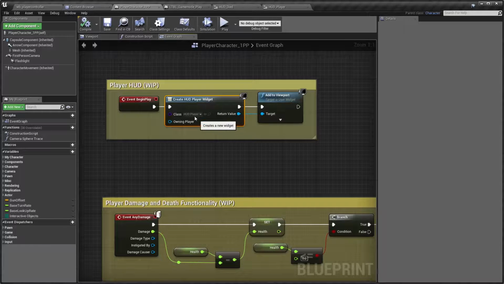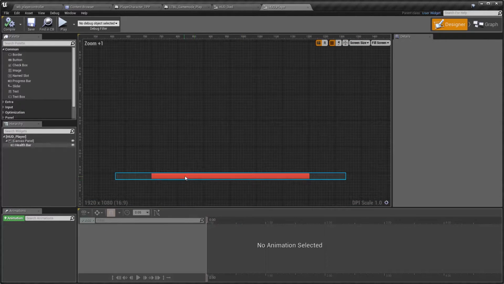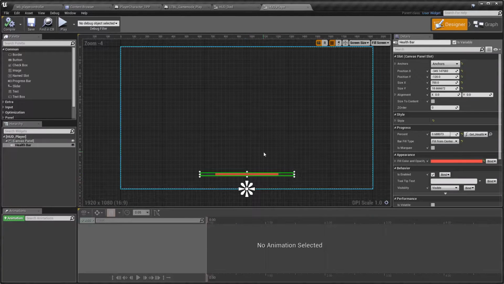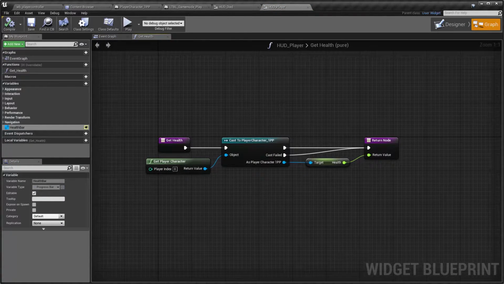So this widget creates a player HUD, and I can see it right here. If I open it up, it looks like this. Really, really simple. All it is basically is a health bar. And if I select the health bar, it's real simple. It's a light red color, and it's at the bottom center of the player screen. And the only code in here, if I go to the graph view, the only piece of code